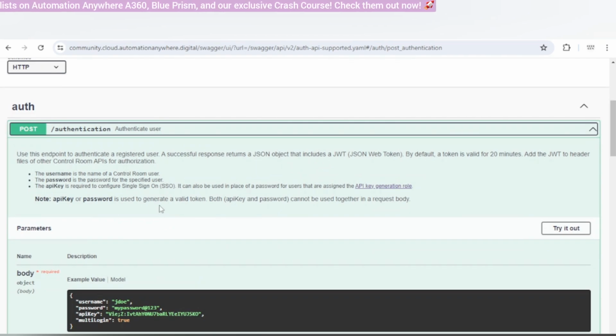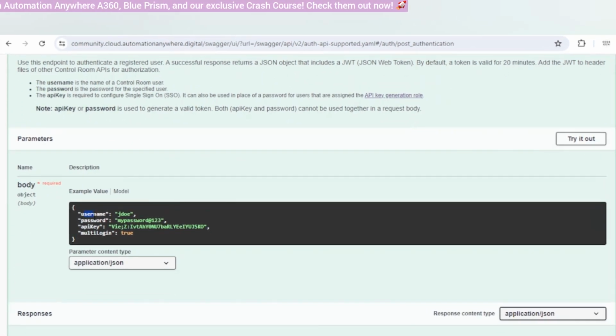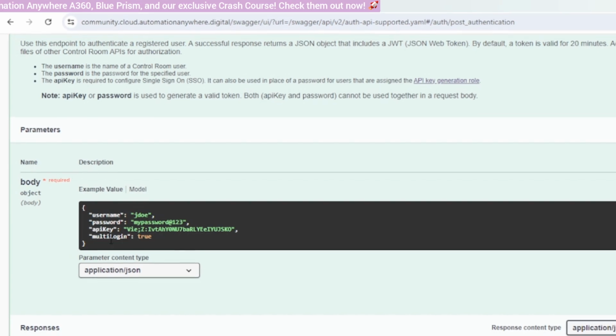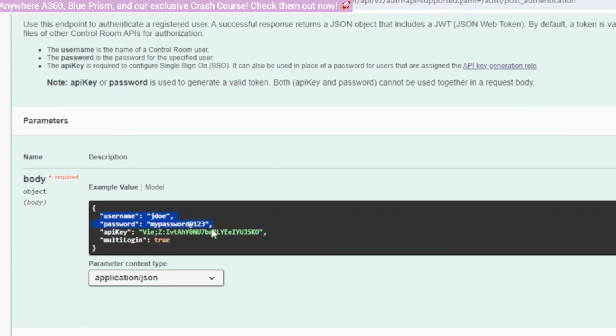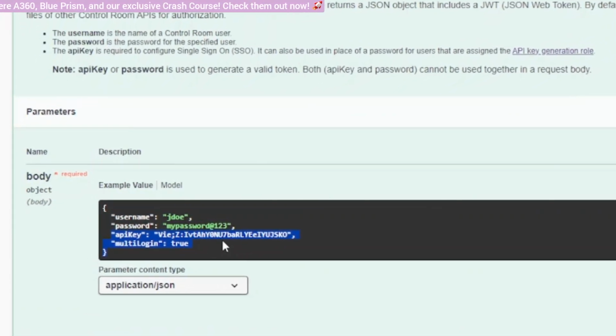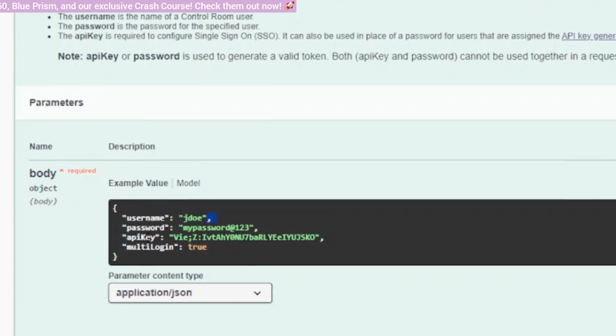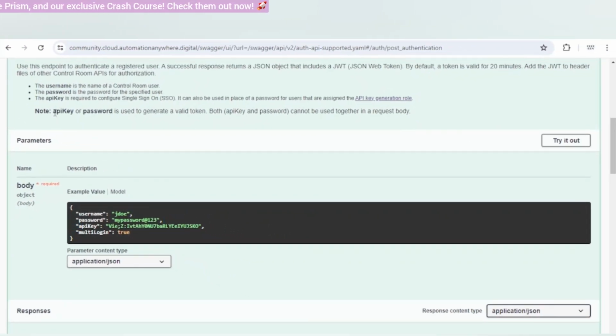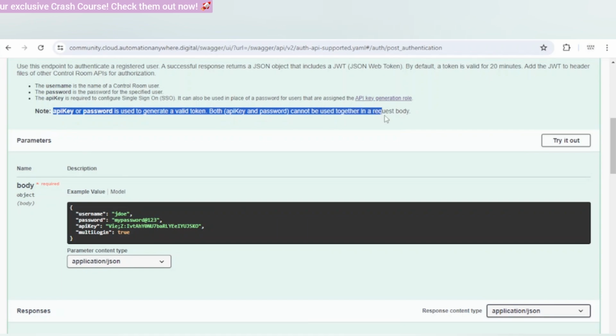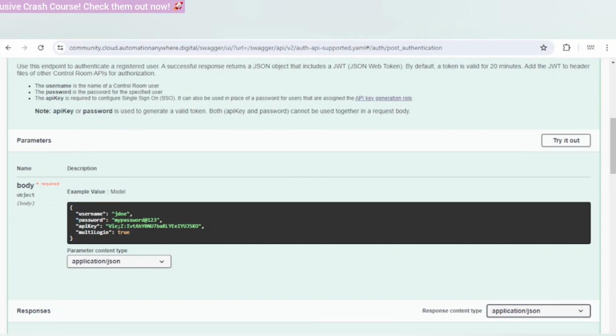Username and password are both required parameters, and API key and multiple login are not required. We can use either password or API key to generate a valid token. API key and password can't be used together in the request body, so we will use either a password or an API key. So let me copy this.